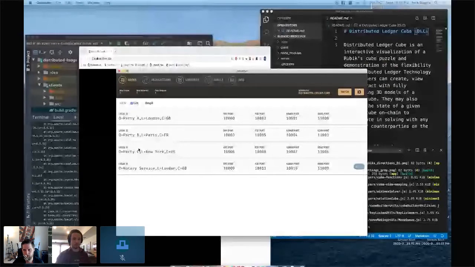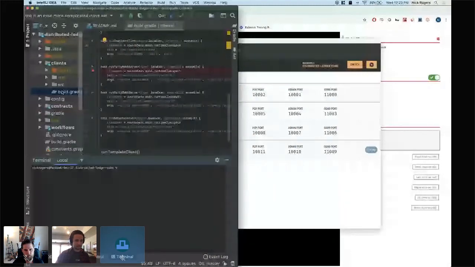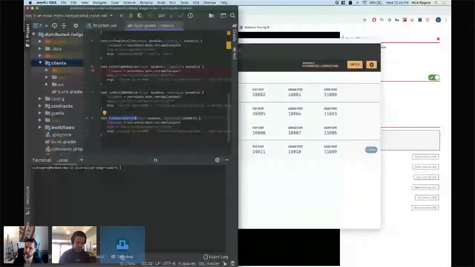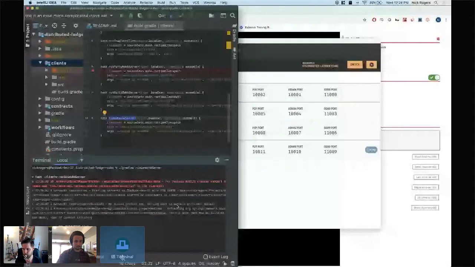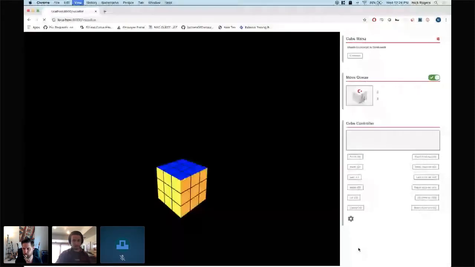This is just part of the process to create an intermediary between the Corda nodes and the front end. In this case, we have a task just called run Ganache server. The only difference between that and the other task is we've adjusted the port numbers to match those on Ganache. Okay. So that's started up as well. Now, if I refresh my front end,